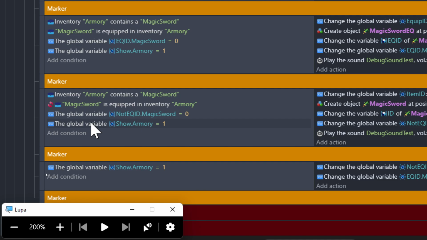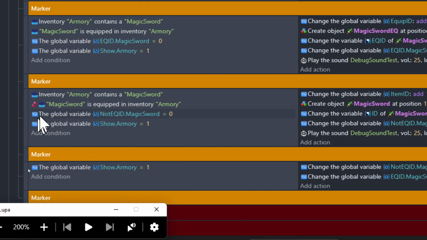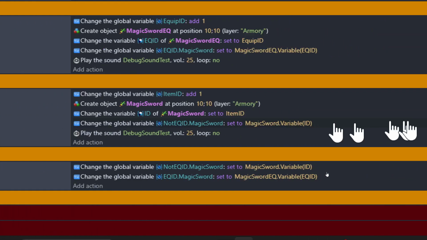If you're still listening, which I'm pretty sure no one is at this point, and if you're going to get something out of this, do that. Every time you open a layer, every time you open a menu, every time you do something, try having a global that just checks it. In this case, when I open the layer armory, I have this thing that sends it from 0 to 1. So if armory is showing, if it's equal 1, and you have the item, it's not equipped, the thing is 0, the ID is 0 in the memory, and the armory is showing, then